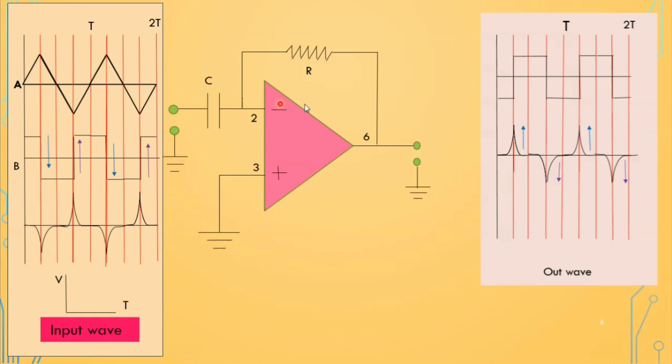But by using the differentiator, we get the reverse form of this wave. Here it decreases, the waveform is going downward, and here the Dirac delta wave is going upward. Here it is going upward, so here it is going downward. Here it is going downward, here it is going upward. So this is the reverse process. In simple differentiation the wave will form in this way, but by using the differentiator we will get this type of wave.